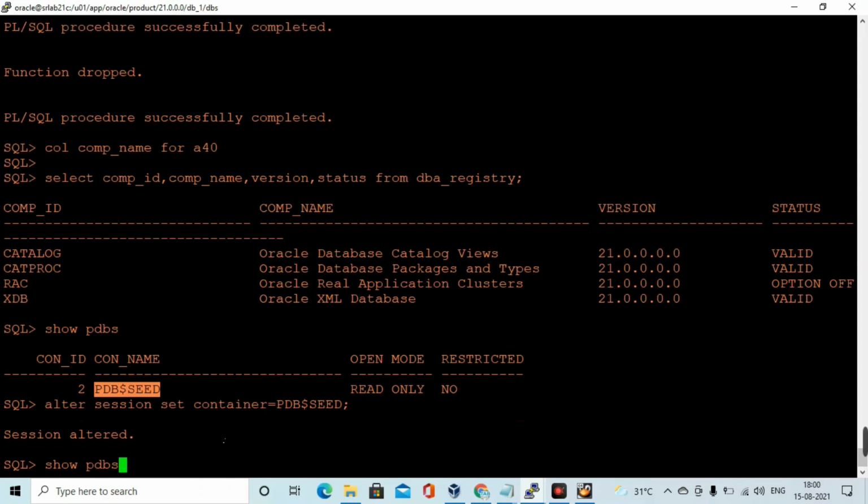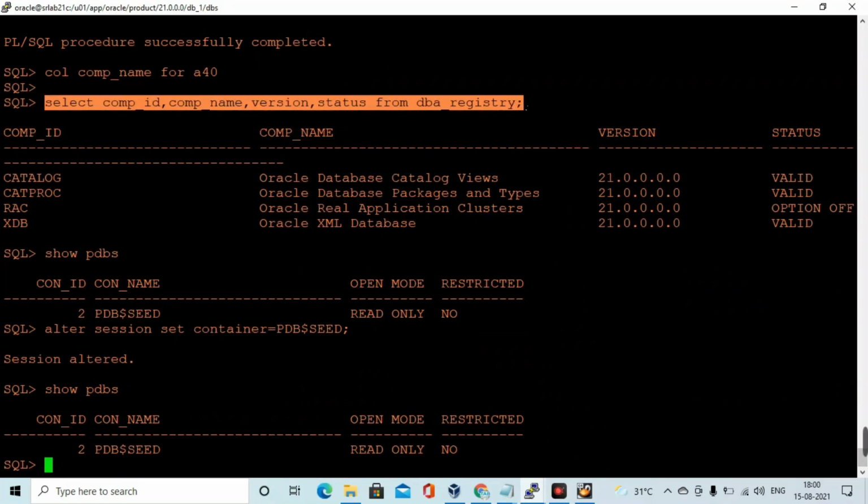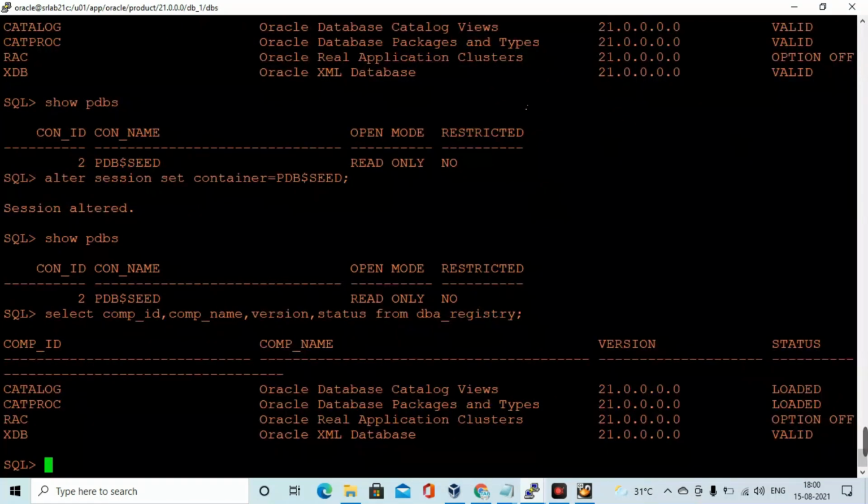Okay, so we have done it in the CDB root. Now I am proceeding with that PDB seed container. So again the same steps we need to follow here also. Catalog and catproc, the status is showing loaded only, so we need to validate them.